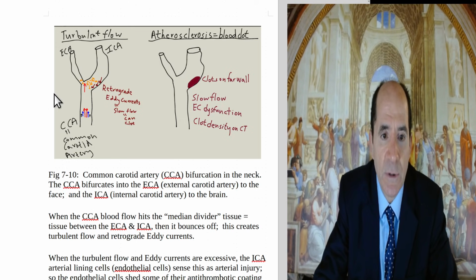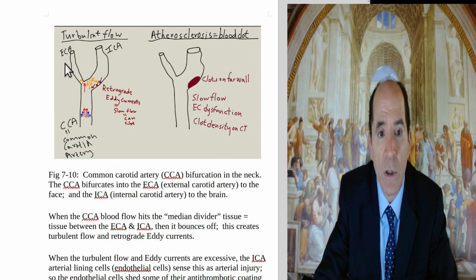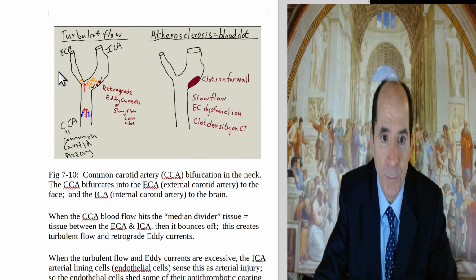So when this blood comes up to the common carotid, hits the bifurcation, the median divider, so to speak, you get an excessive amount of turbulent flow because of the high velocity of the hypertension, high systolic pressure blood. So turbulent flow means chaotic flow that bounces off of it. You'll also get increased retrograde flow, which means backwards flow. And the retrograde backwards flow